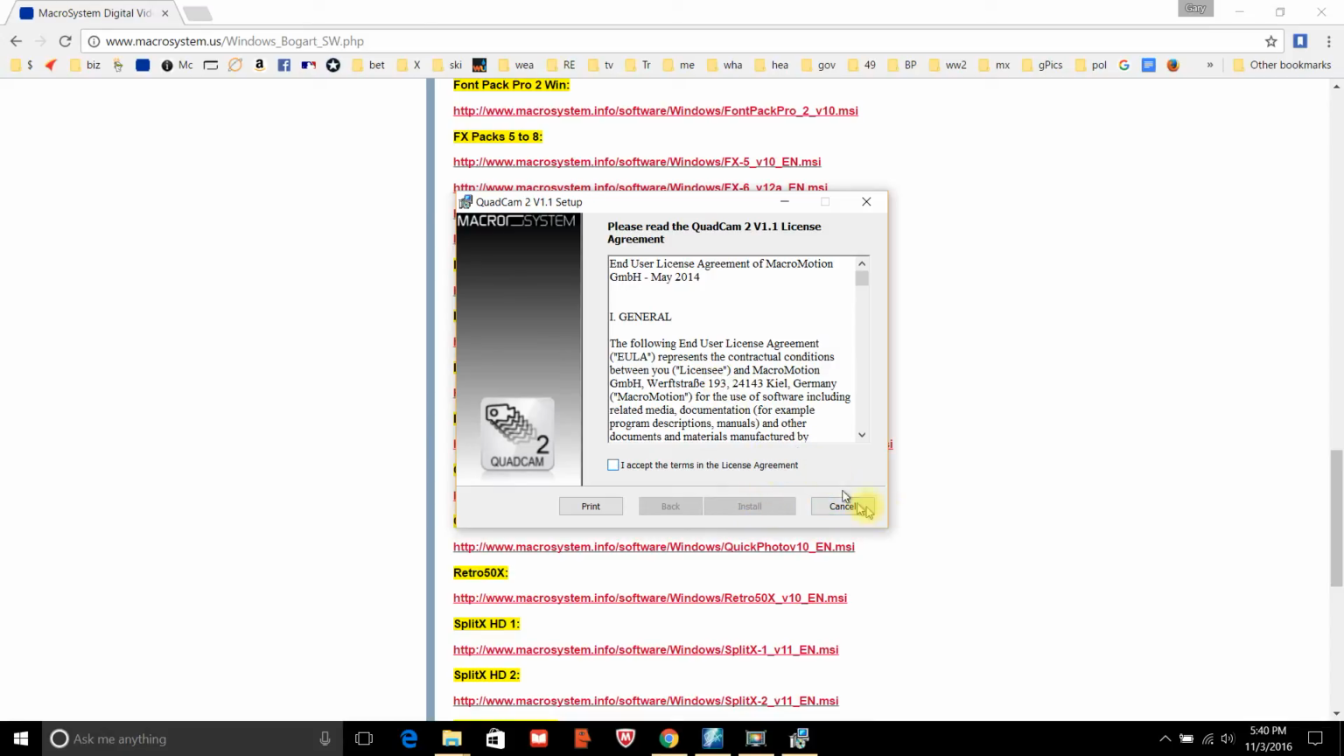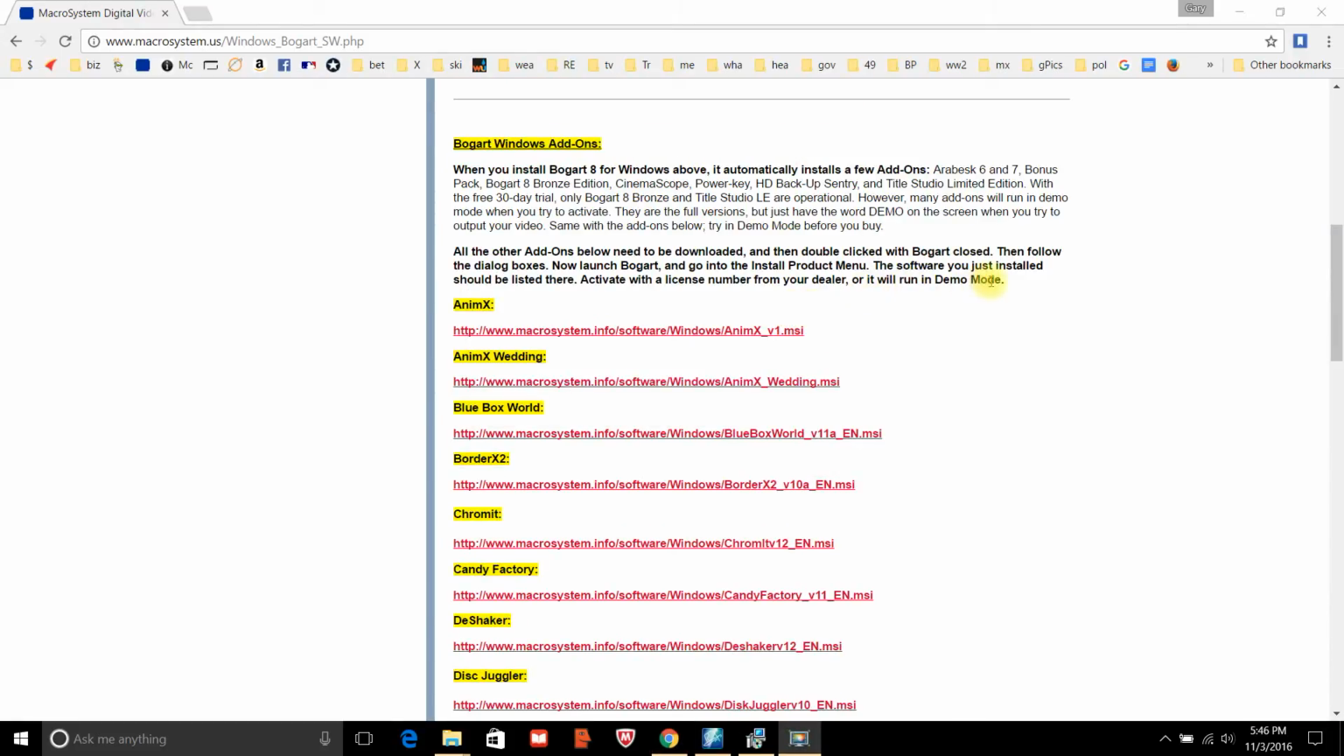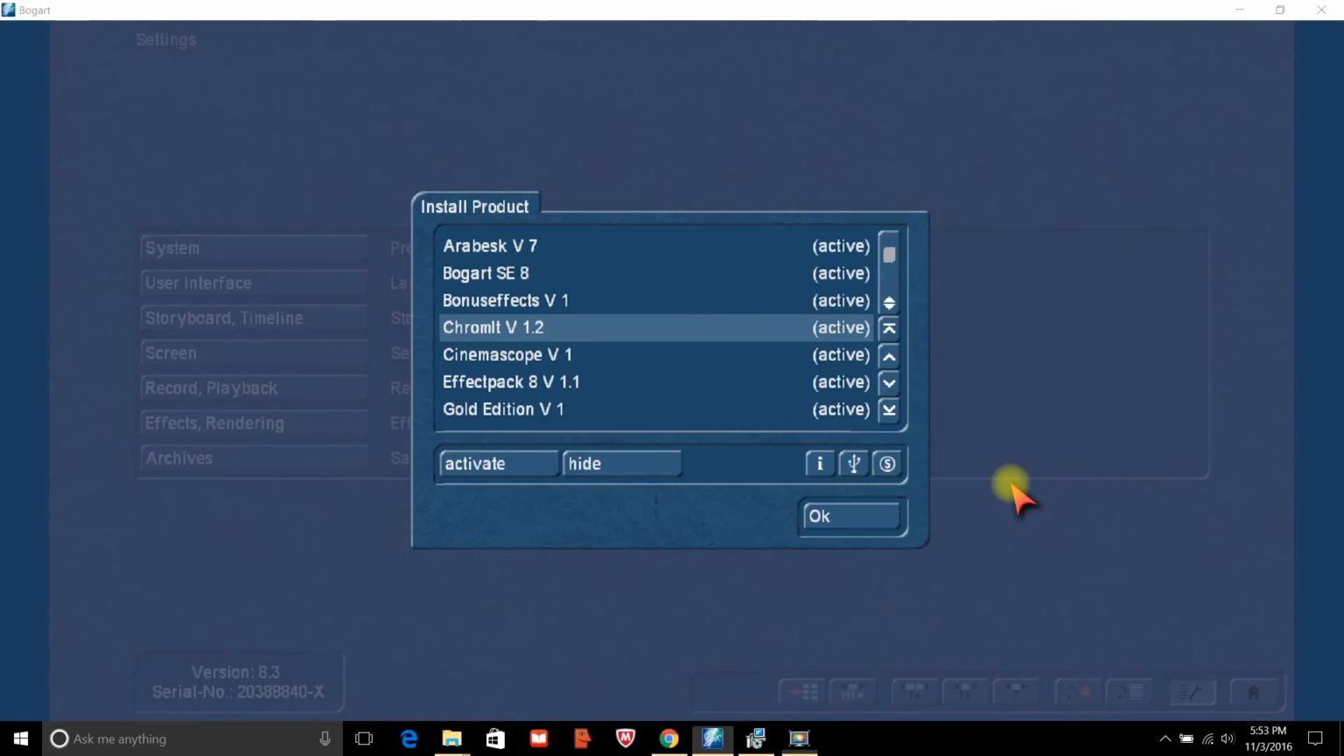That's simple. Then you have to buy the activation code from your dealer as well. Or if you want to run it in demo mode, you don't need the license number. Just go over there, the install product, and it will be in the demo mode. And then if you do like it, call your dealer or contact your dealer and get a license code. So when you finally do get all your add-ons loaded in and you're all active or in demo mode or however you want,